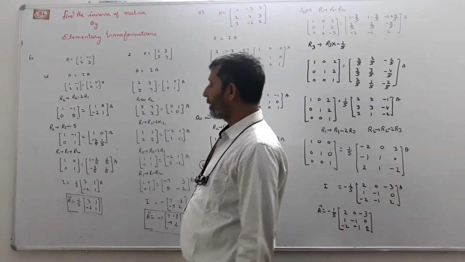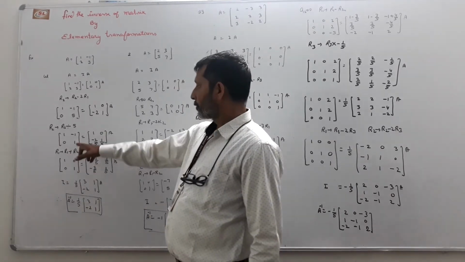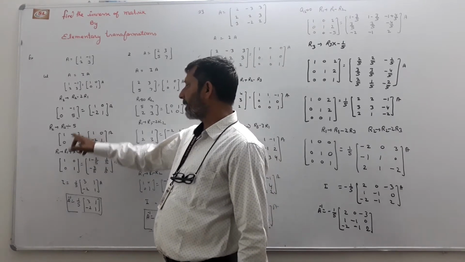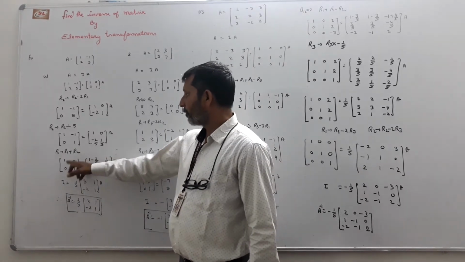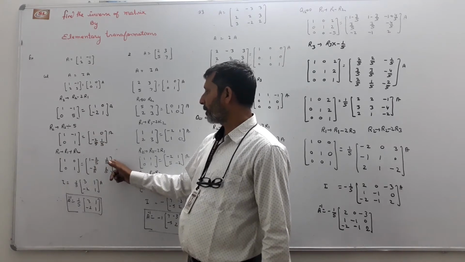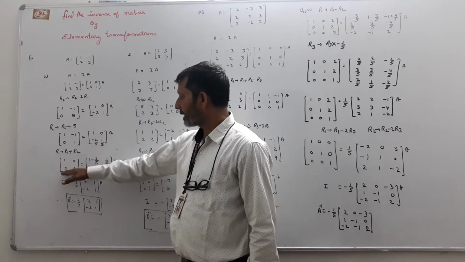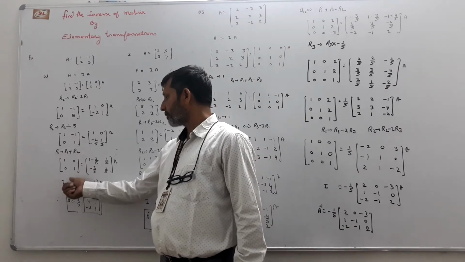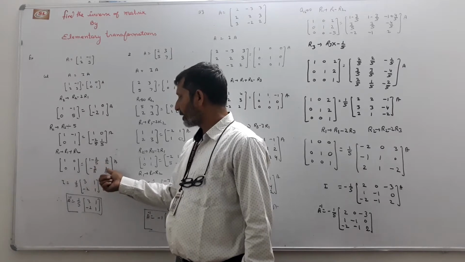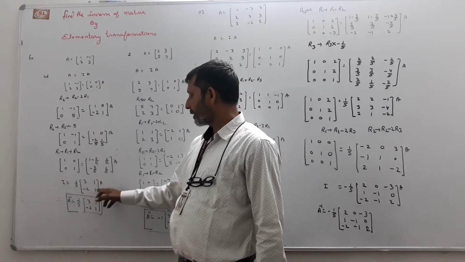After this, all the elements of the second column except A22 should become 0. How can we make this 0? R1 becomes R1 plus R2. The second row is added to the first row. Then 1, 0, 1 minus 2/5 is 3/5, 0 plus 1/5, and so on. The second row stays as it is. Now the left side becomes the unit matrix, and 1/5 is common from the whole matrix: 1/5 times the matrix with 3, 1, -2, 1.